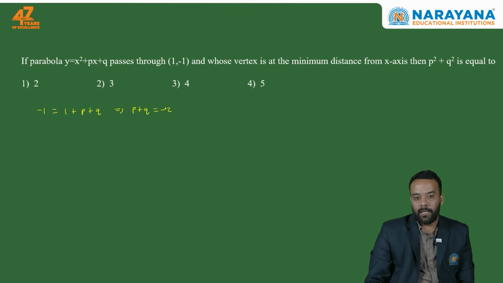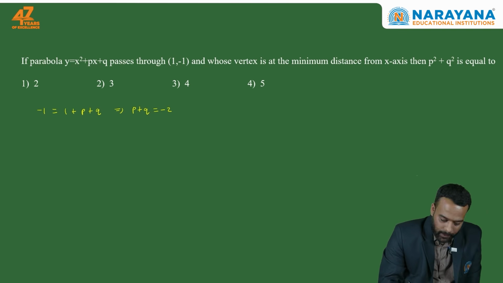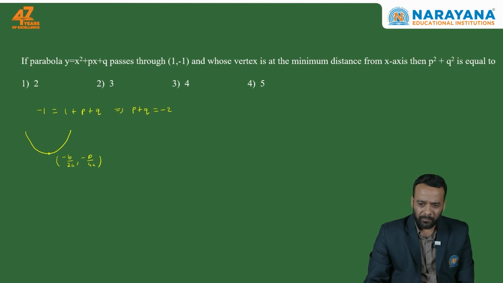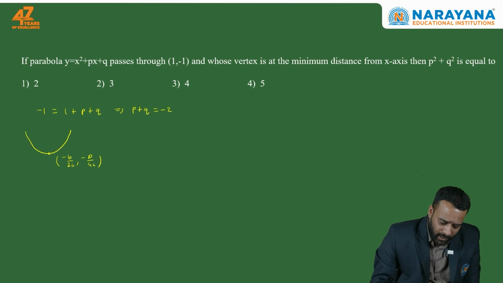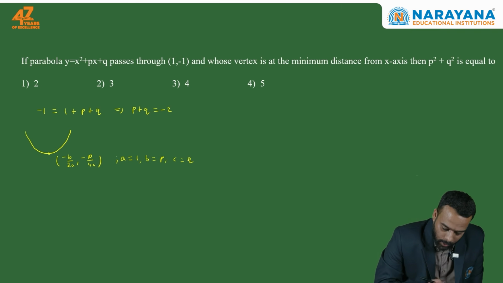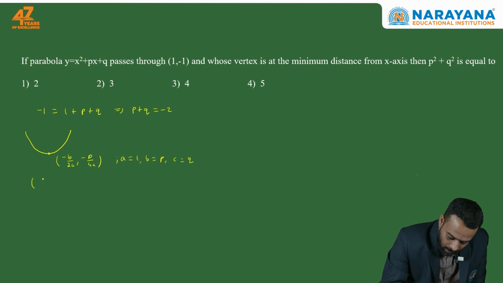Okay. Now they are saying the vertex of this parabola is at the minimum distance from x-axis. So let's suppose I am drawing the parabola. The vertex will be (-b/2a, -D/4a) for the standard parabola y is equals to ax square plus bx plus c. Now, as per our question, the value of a is 1, the value of b is p, and the value of c is q. So, on clubbing, our vertex is going to become (-p/2,